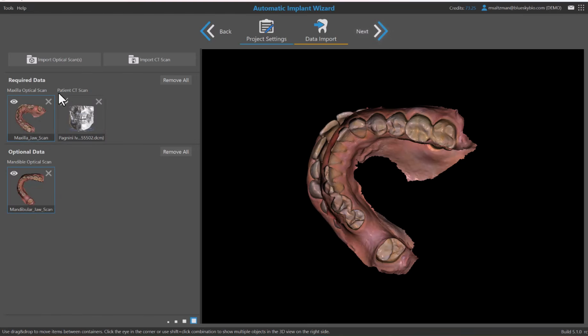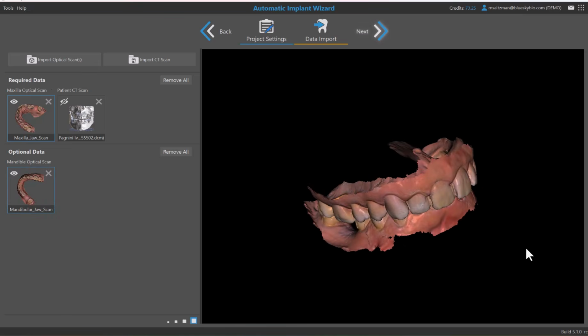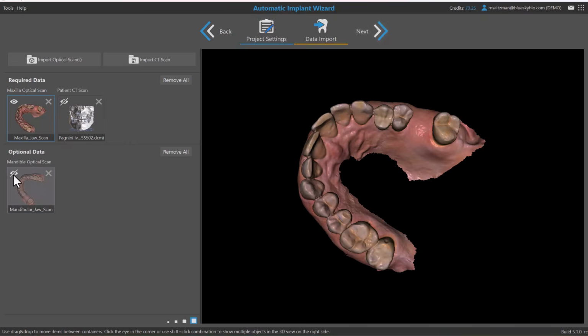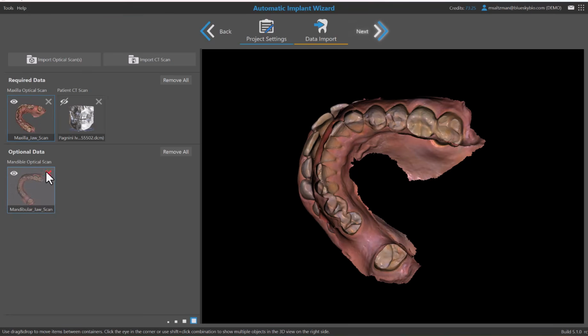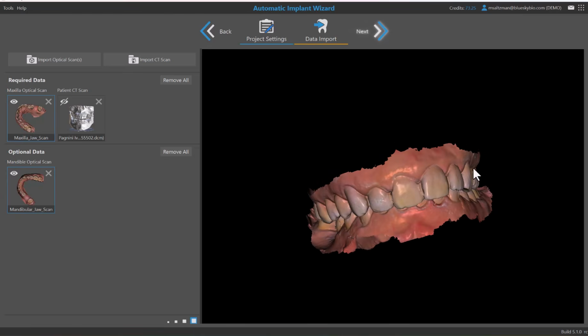We could see the optical scans are now added. We have the maxilla as required data, as we indicated that this case is for a maxilla, and the mandible, which is the opposing arch, is the optional data, and we're importing that as well. We have the options here to hide and show. You could remove if necessary by clicking the red X's or clicking remove all. Once we've confirmed the relevant data set, we go ahead and click on next, and this is where the magic